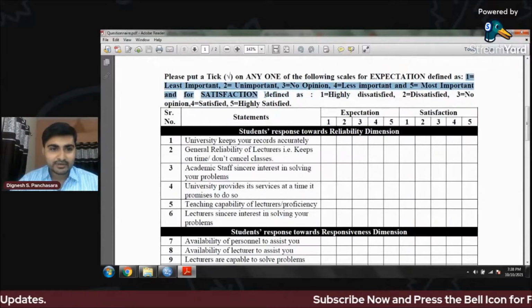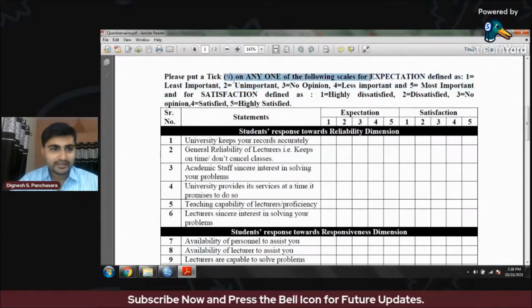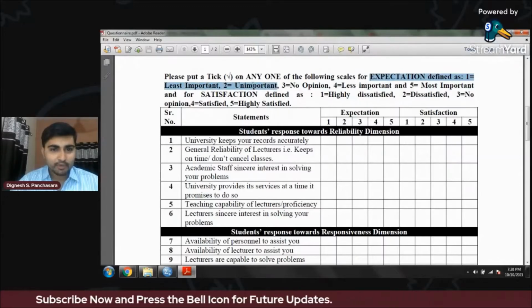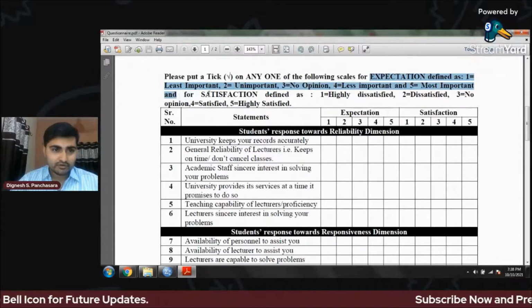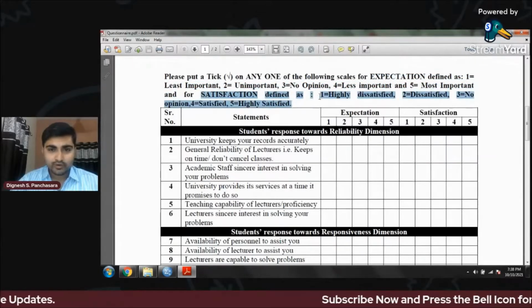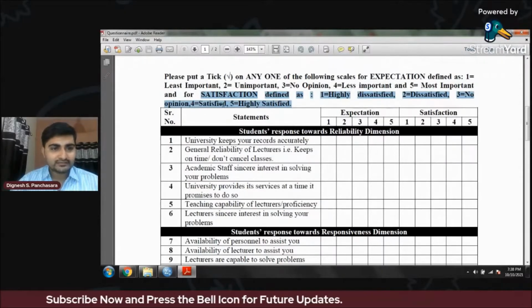This is the expectation: one is least important, two unimportant, three no opinion, four less important, and five most important. For satisfaction, same: one is highly dissatisfied, two dissatisfied, three no opinion, four satisfied, and five highly satisfied.